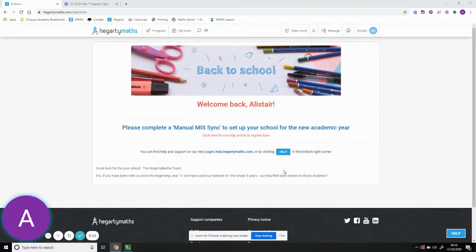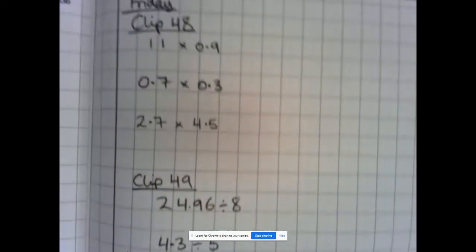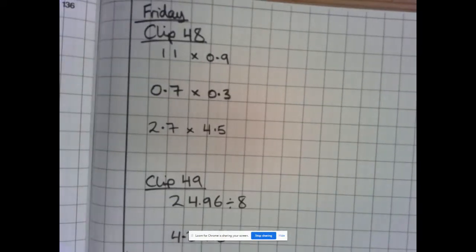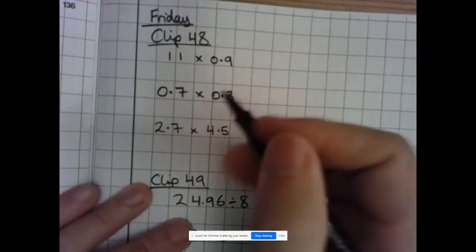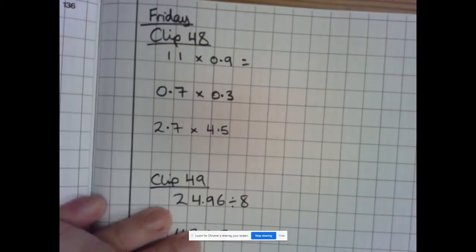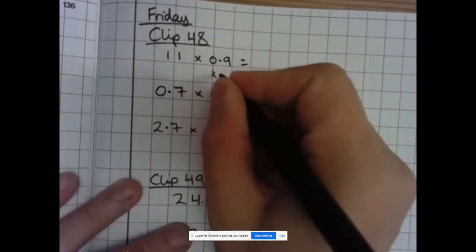We're going to look at clip numbers 48. So once you've logged in, you've got clip number 48, multiply with decimals. Then we're going to do 49, division with decimals, and clip number 50, which is division with decimals again. So watch my short video. Hopefully that will help you get the answers right. If not, you could always watch Mr. Hegarty explain to you. So to do 11 multiplied by 0.9, if I was to multiply this one by